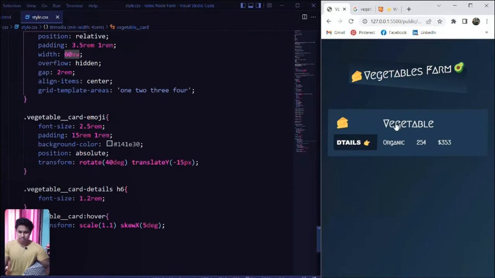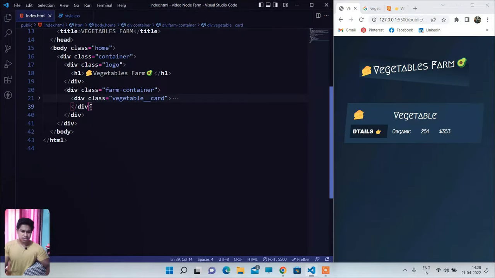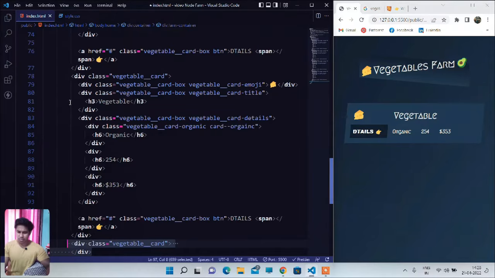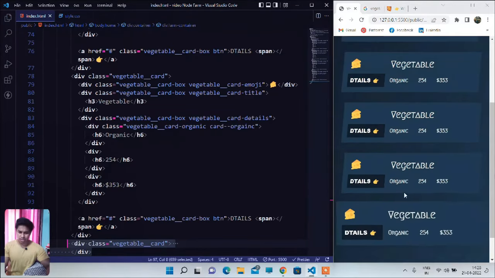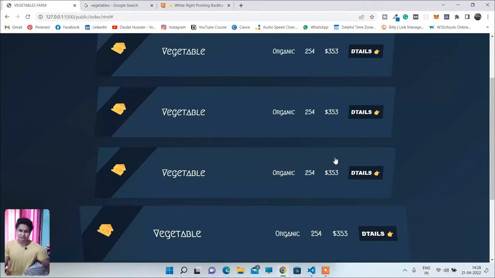Let's check it on mobile phone, it is 100% responsive. So we are done with this one template, and as you can see it's completely functional, it's responsive for all the devices. Now simply copy this container and replicate it a couple of times. So here we have all the cards, and this is the best part. You design one card and simply copy it a couple of times, and we're going to have the same card styling